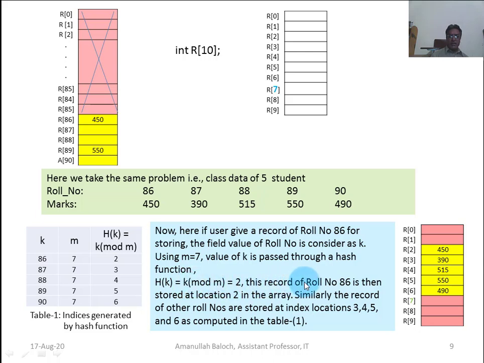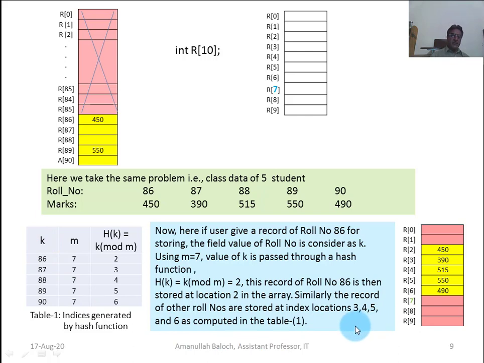This record of roll number 86 is then stored at location 2 in the array. Similarly, the records of other roll numbers are stored at index locations 3, 4, 5 and 6 as computed in table 1. In table 1 we have computed these hash addresses 2, 3, 4, 5, 6 against these key values, that is roll numbers.